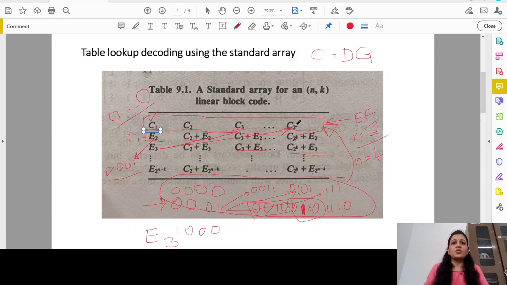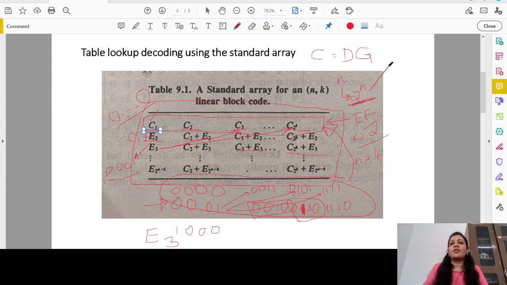Okay, so that is my standard array, and here, for the number of error patterns that you have to choose, you have to make sure that you are not writing the same codes again and again. If n is the length of my code word, at maximum the total possible combinations should be 2 power n, right? So if n is the code word length, the maximum possible combinations would be 2 power n. Therefore, in this standard array, I will have 2 power n elements, out of which 2 power k elements will form the row.